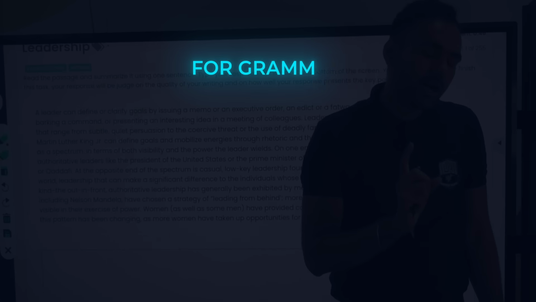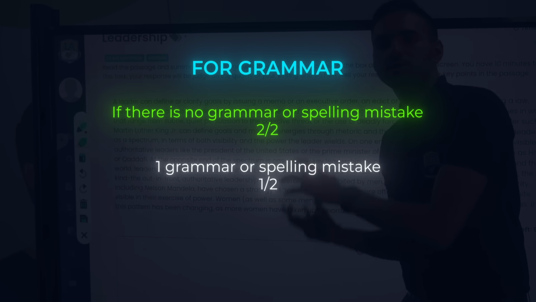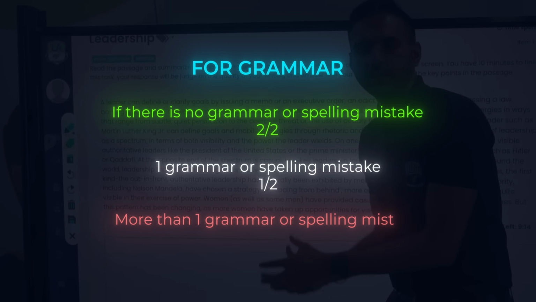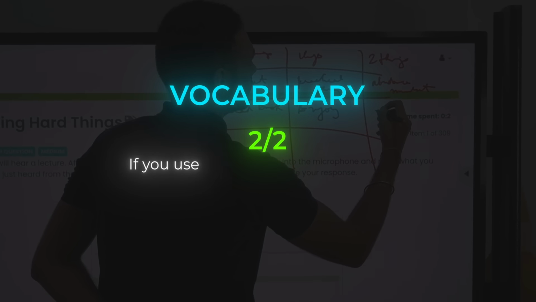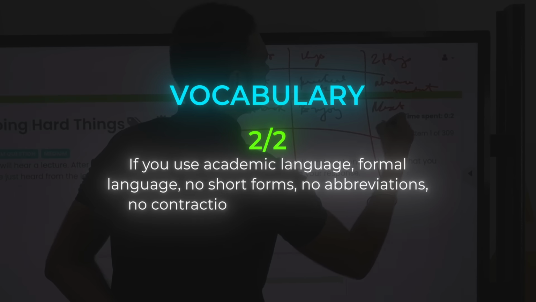2 points for grammar. For this, it's pretty straightforward. If there are no grammar or spelling mistakes, you get 2 on 2. 1 grammar or spelling mistake, you get 1 by 2. More than 1, you straight away get 0. Last, you get 2 points for vocabulary. You get 2 on 2 if you use academic language, formal language, no short forms, no abbreviations, no contractions, and